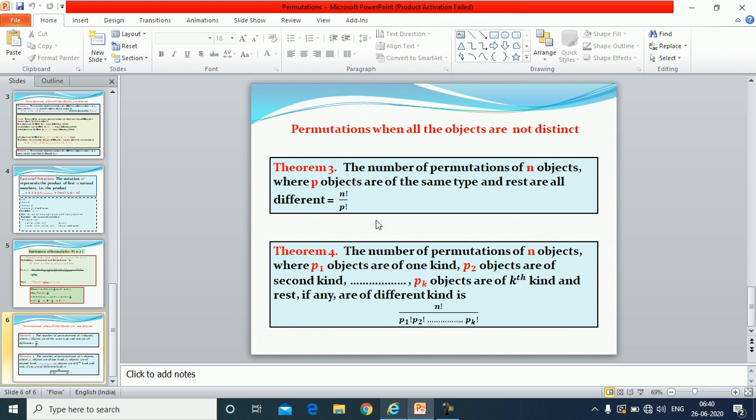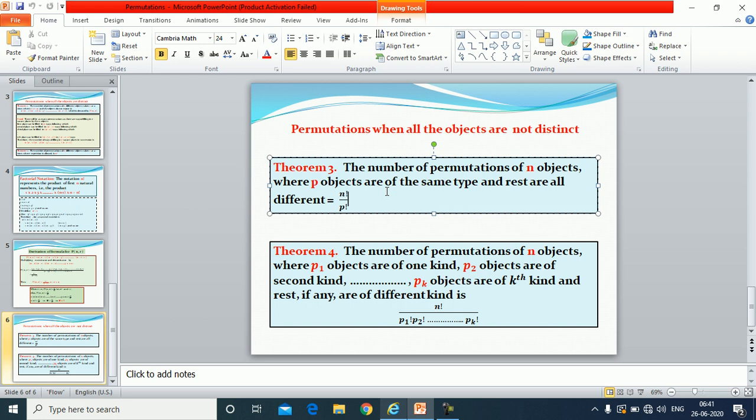So we need to get rid of those arrangements which are exactly the same. So we are not going to use the formula P(n, r), which is n factorial over n minus r factorial, for these conditions. I will give you one example of this. We have a word apple. Apple is having 5 letters. Out of these 5 letters, P is appearing 2 times.